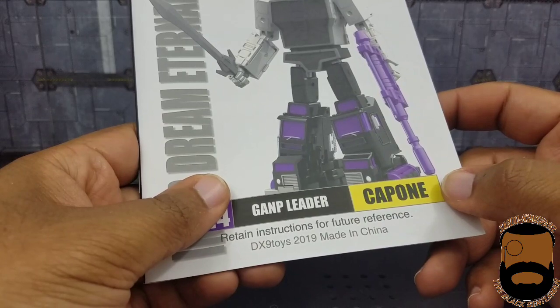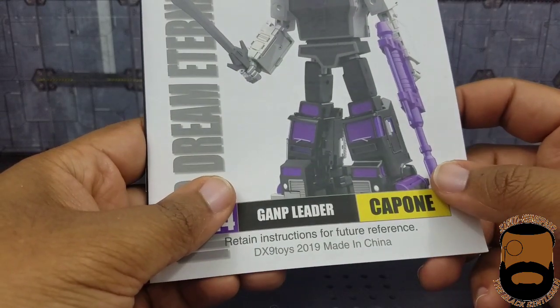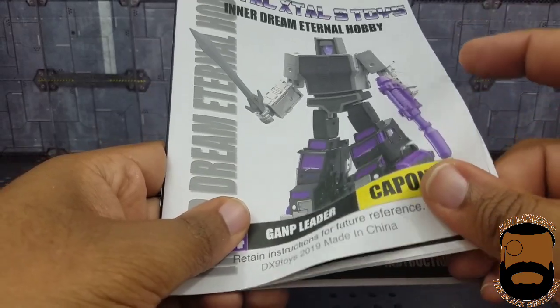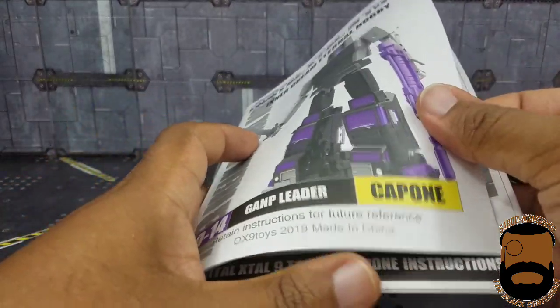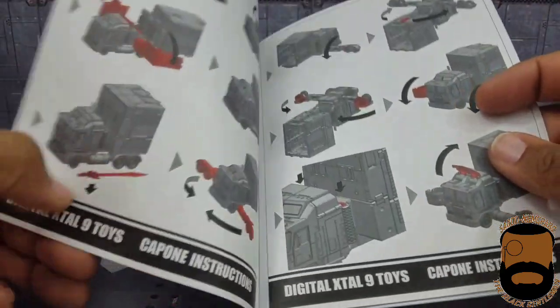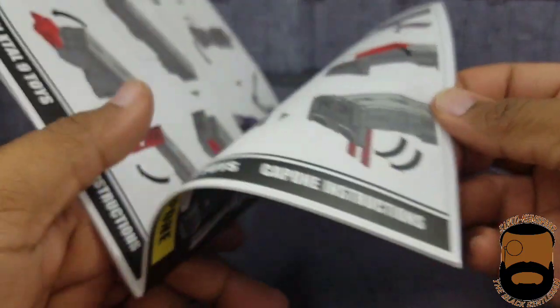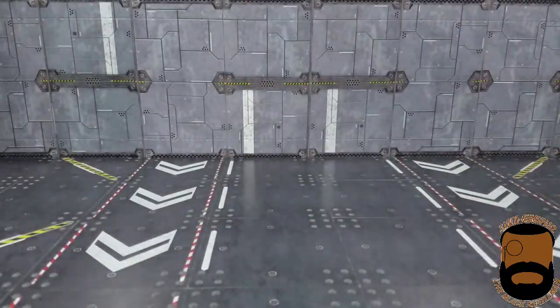I noticed in this picture, actually no, take it back. I thought I saw a mistransformation, never mind. But yeah, it's fairly simple to follow. Follow it to a T. I had actually no problem, so Dx9, these are some good instructions. Way better than Dead Ends. So, yeah. And he comes with